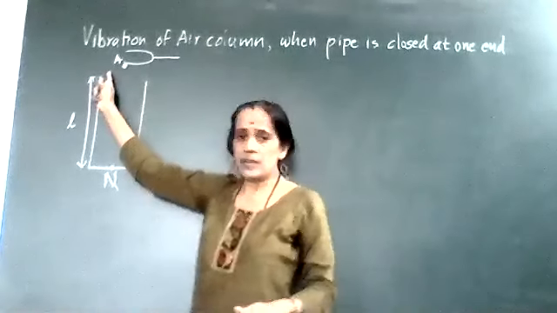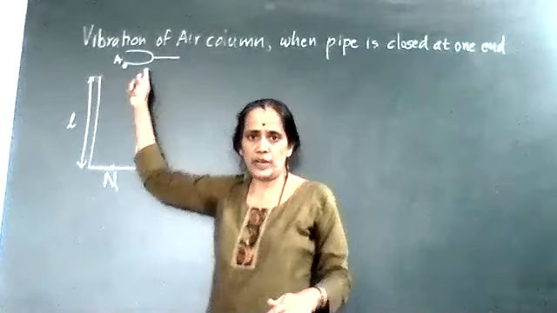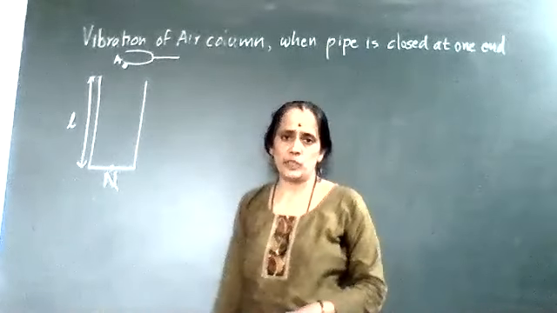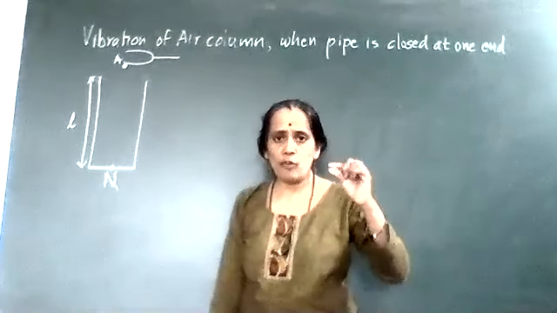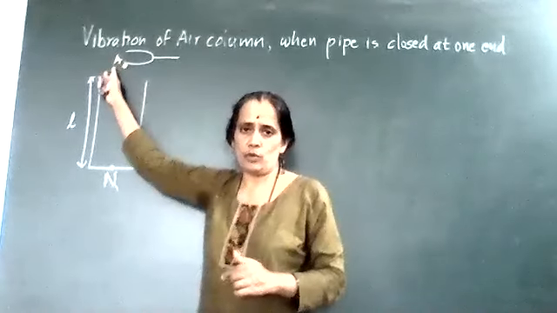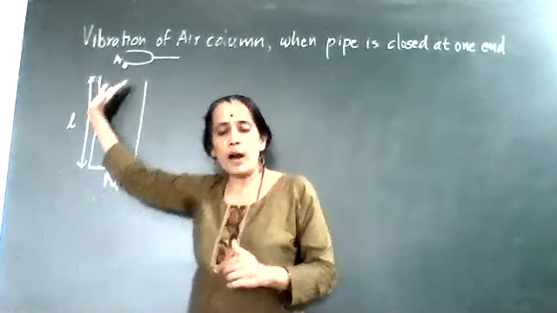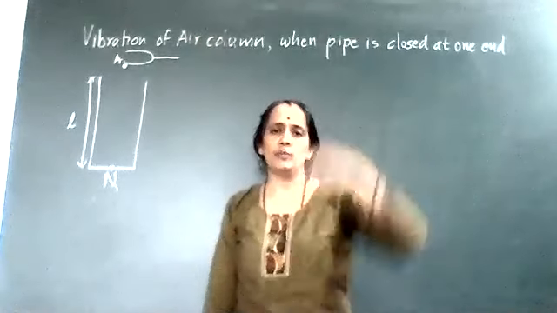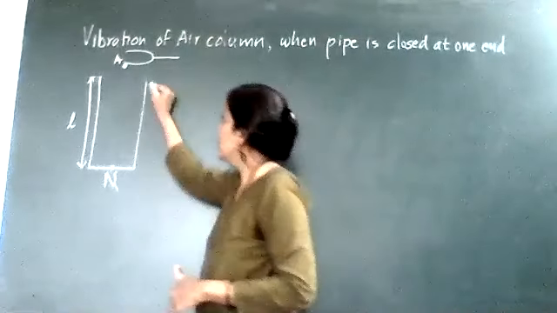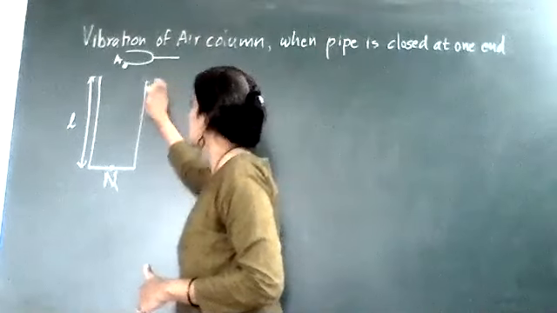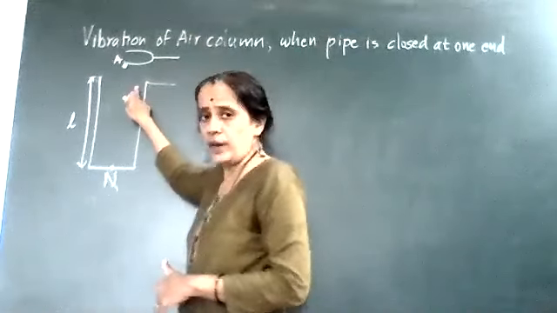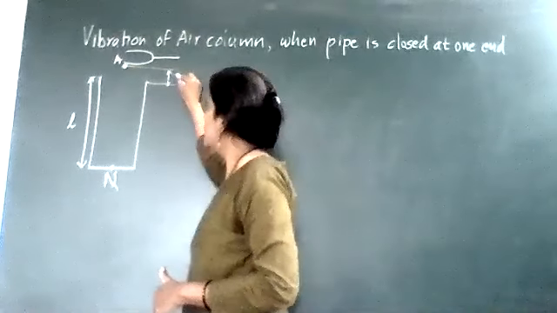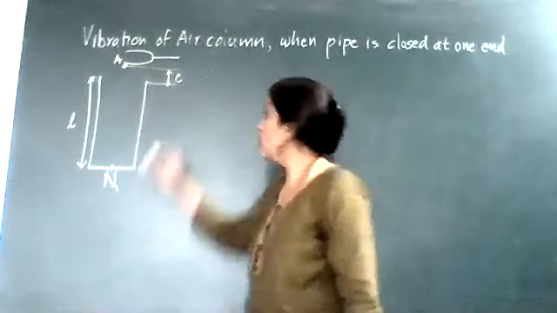So when air particles are present in the unbounded medium, they will vibrate with maximum amplitude. And therefore, there is a formation of antinode slightly above the open end of the pipe. So there is a certain distance between the open end of the pipe and the formation of the antinode. This distance is called the end correction,